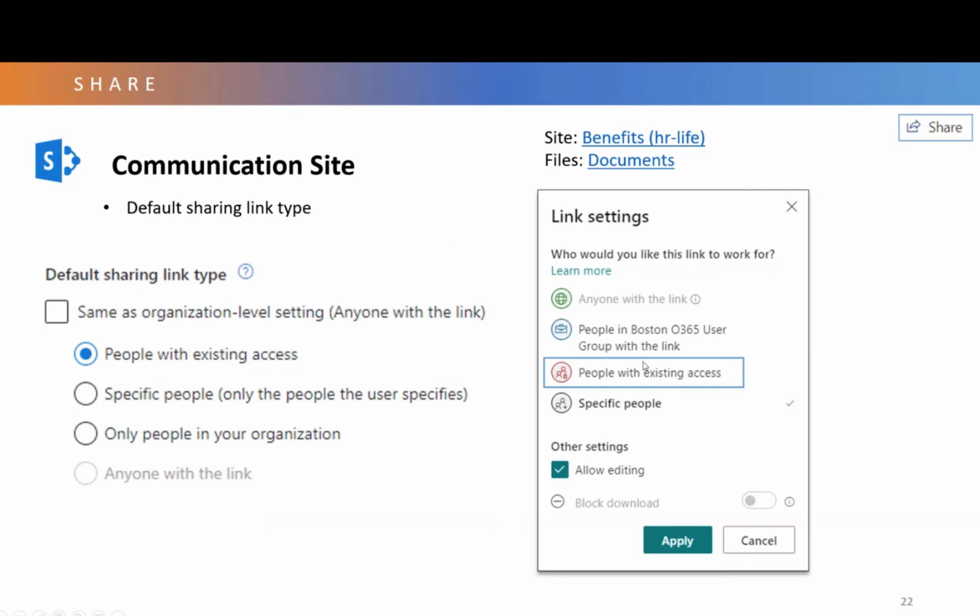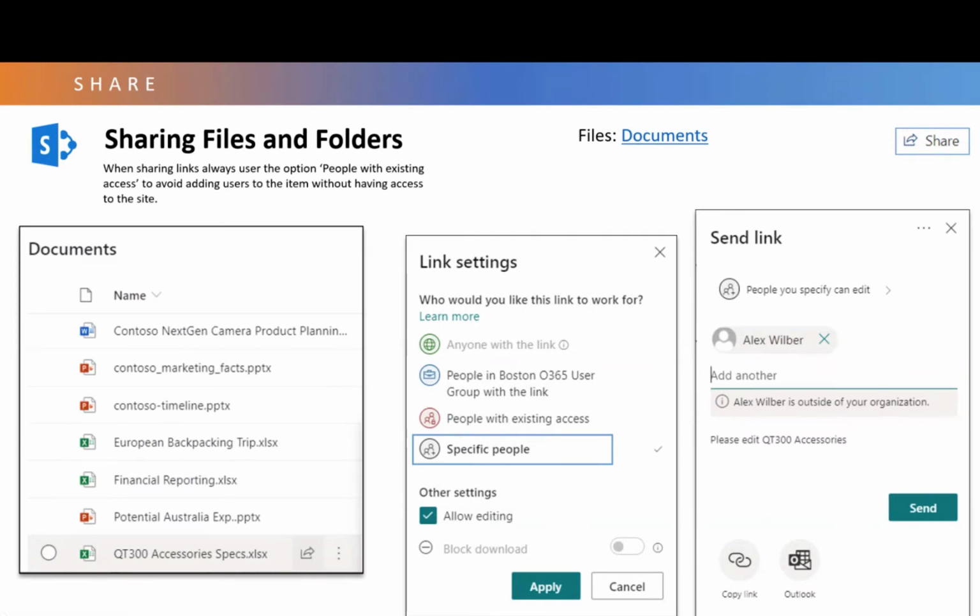So I always recommend site owners to actually go and try to share a file or folder and see what your default is. Is it set to link? Is it set to specific people? And then have it changed to people with existing access. If you have a large group of people, like if you have a bunch of members, but if it's only 2 owners, you could train the owner. But even me, I make mistakes and just click the share button. So even for myself, when there's only 1 owner, I like to change this setting. And let me show you, we'll explain why in a second.